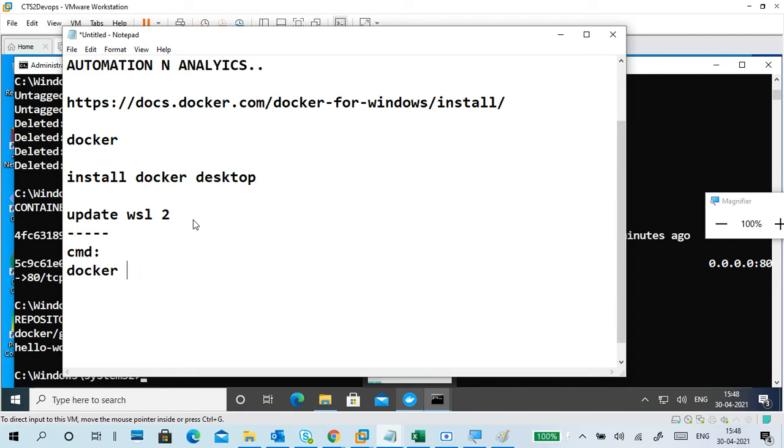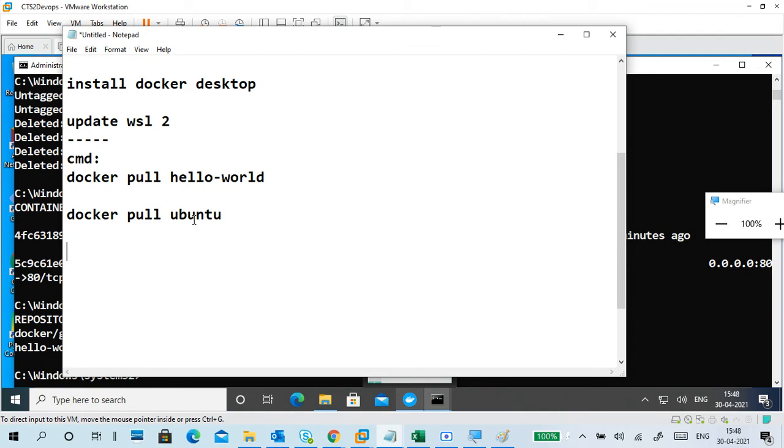First, I pull hello world. Okay. So that is the thing. And docker pull. I am going one by one. So in the CMD, I pull an image.